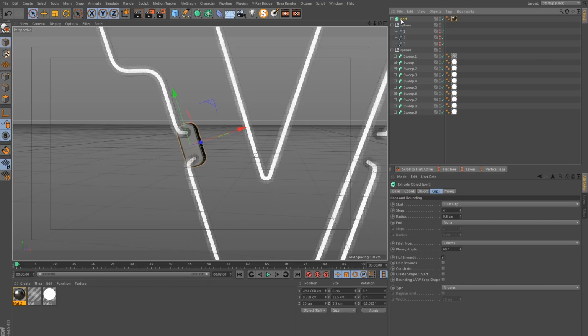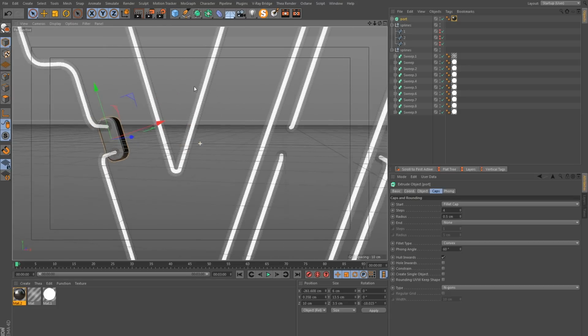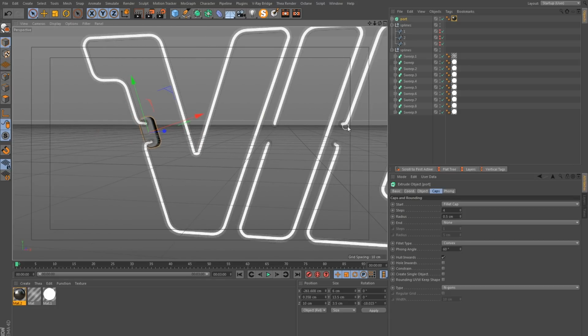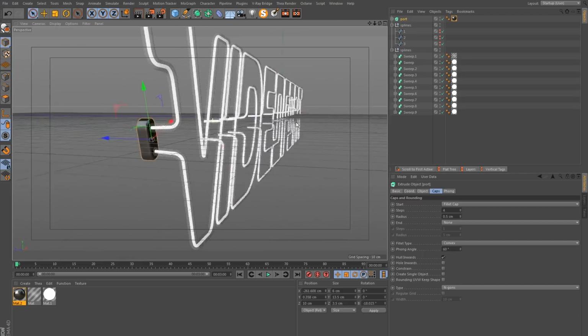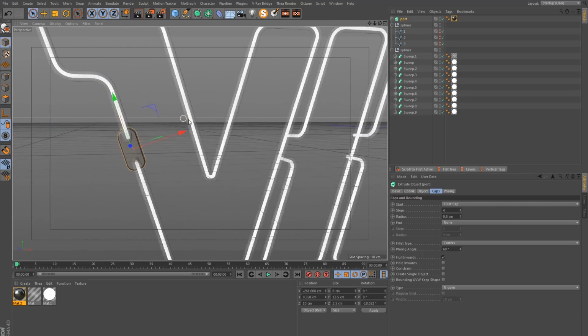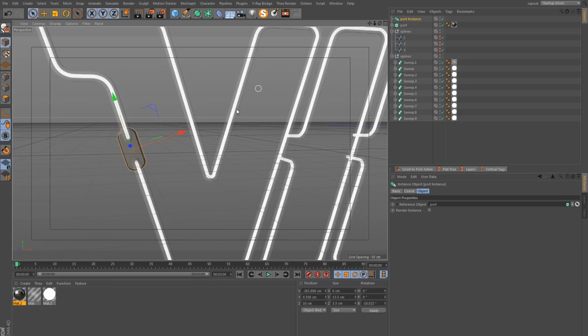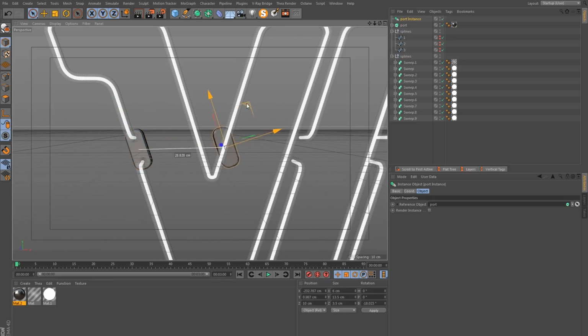Okay, and what I would do now is instance this a whole bunch of times, because I will need various copies of this to go across the entire neon sign. So this will be done with the instance object. So with the port selected, get the instance object, and this just creates a copy. Okay.